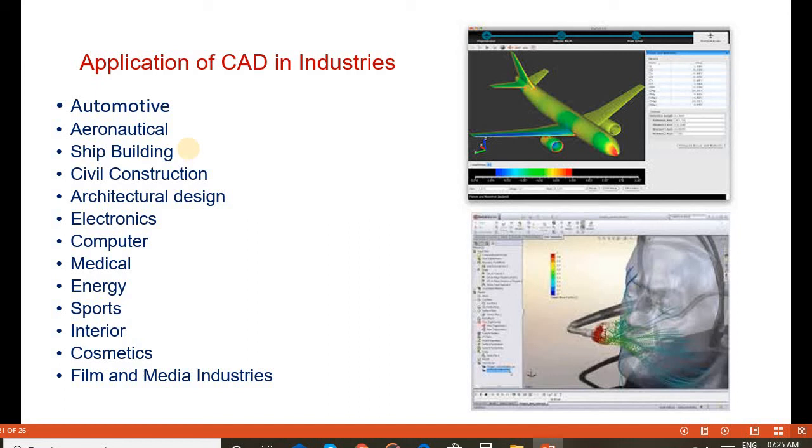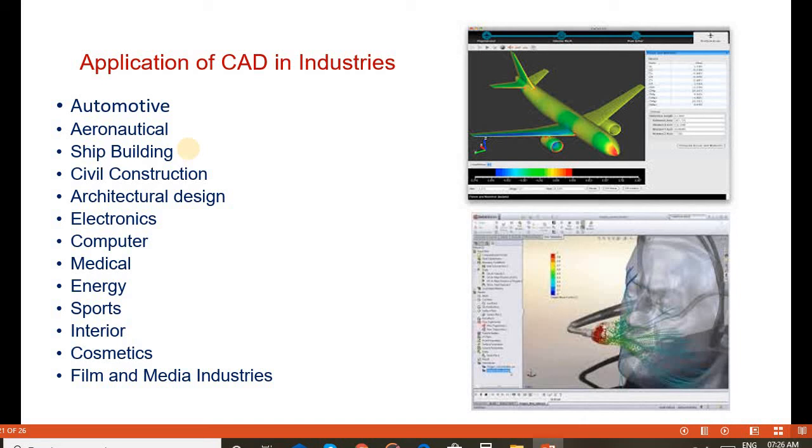Not only engineering aspects; apart from engineering, in general applications also CAD helps in a lot of aspects. For example, in sports: sports products, sports requirements, sports dresses. All items and products related to sports, it helps to produce.